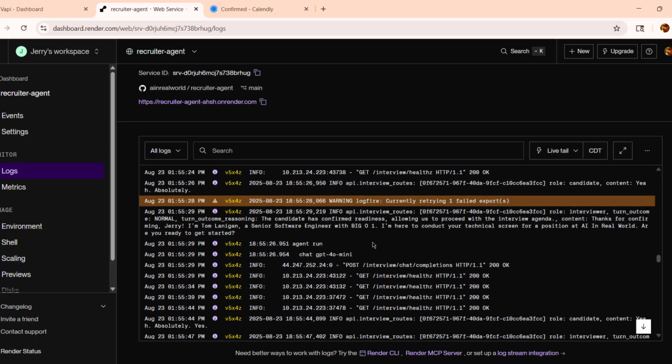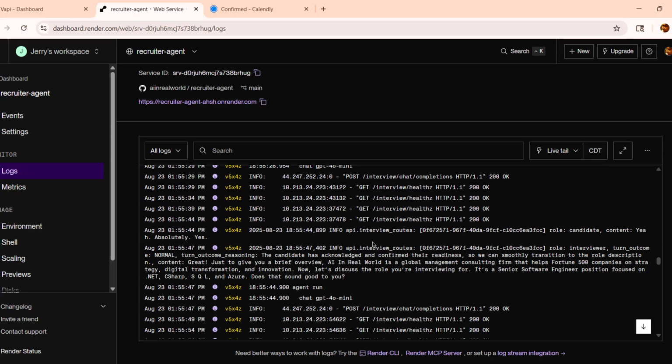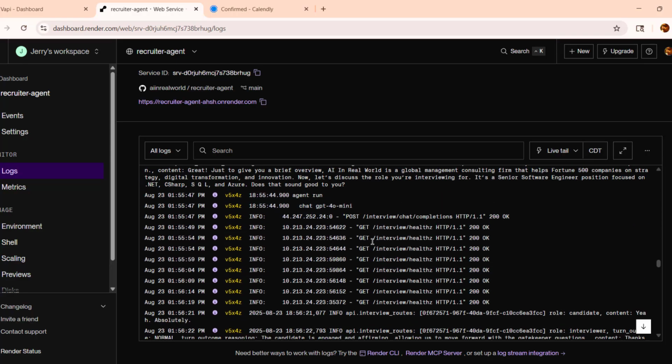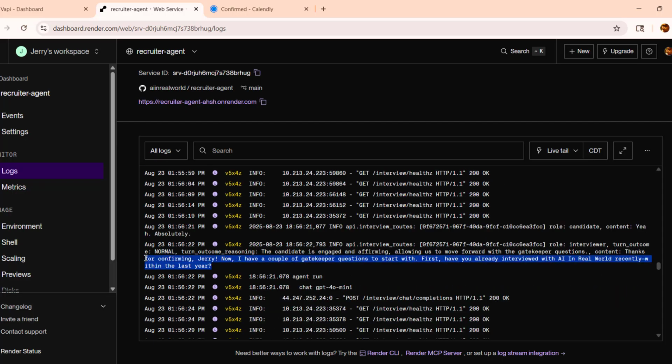The next set of questions I want to focus on is the gatekeeper questions. So the first gatekeeper question is, have the candidate interviewed for this position before? And you can see the turn outcome reasoning here, right? So the candidate is engaged and affirming, allowing us to move forward with gatekeeper questions. So this is what the AI is thinking, and it is presenting the first gatekeeper question,